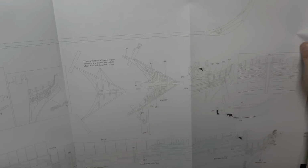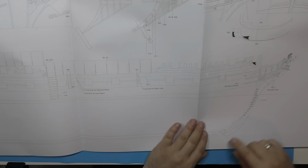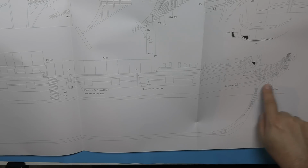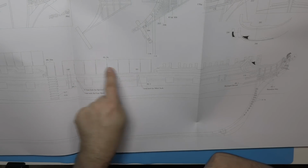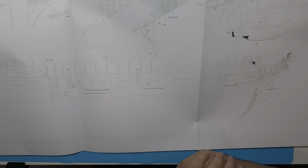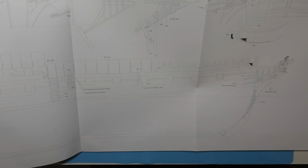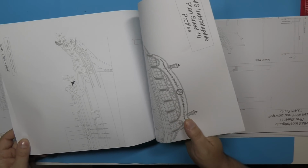Then when we fold them out, you can see all sorts of bow details there. From when we were building it up, you can see placement of decoration. Yeah, and then when we get to the lower bit there, we can see the placement of the water line markers, placements of various other little parts, holes to be drilled, gives you all the part numbers, and we can see all the cranes there for the hammocks, and it gives you an idea of the size of this thing. Not small. So all in all, there is 10 sheets of hull plans,